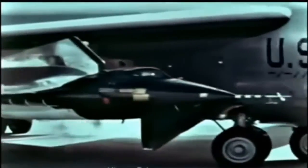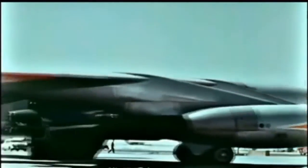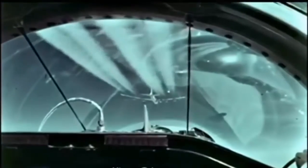The schedule called for an orderly progression of tests. In the first flights, the X-15 would remain attached to the B-52. Then a glide flight would be tried. Only then would powered flight be attempted. This careful program of flight tests, flown by pilot Scott Crossfield, proved the X-15 would do just what its designers